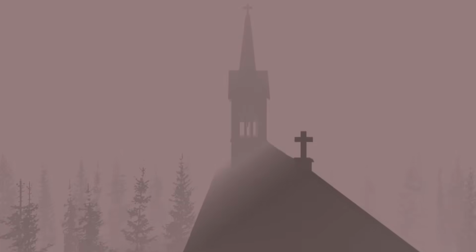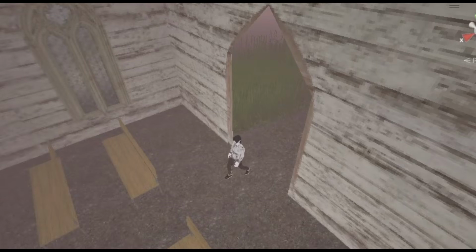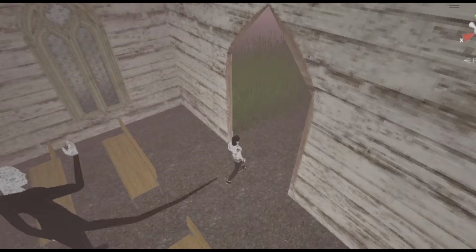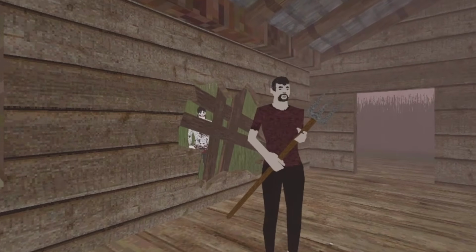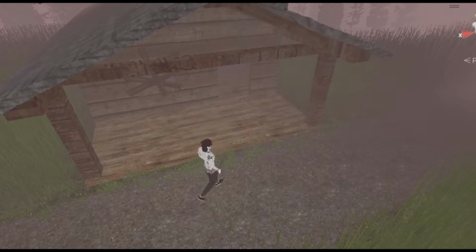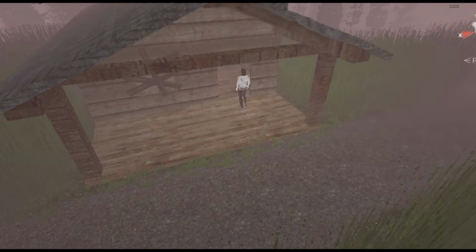Slender Man. From the start of the game, Slender Man is waiting for you inside the church, but he's insanely powerful because everyone in the village fears him. So instead of walking straight into the church and getting destroyed, Jeff will do what he does best, killing. You can break into houses and take out the villagers. The more people you kill, the weaker Slender Man becomes.